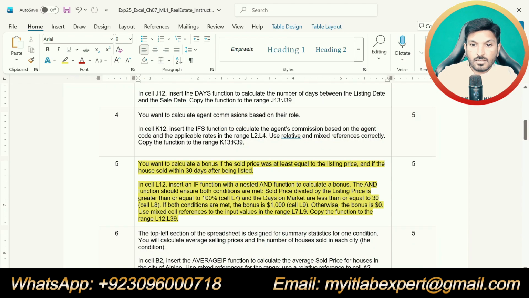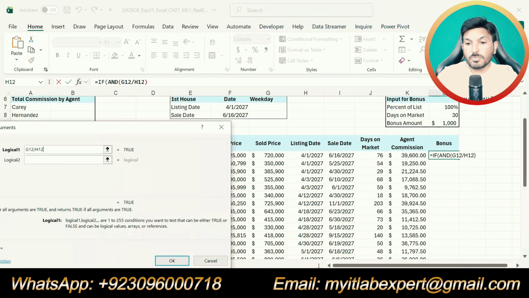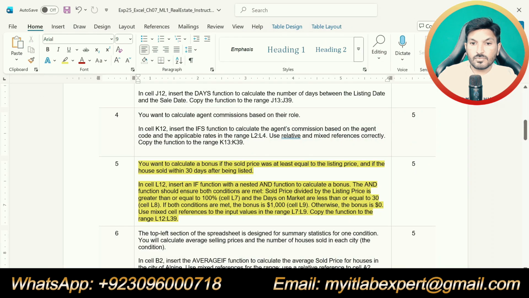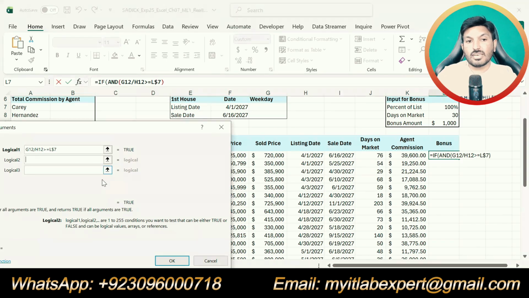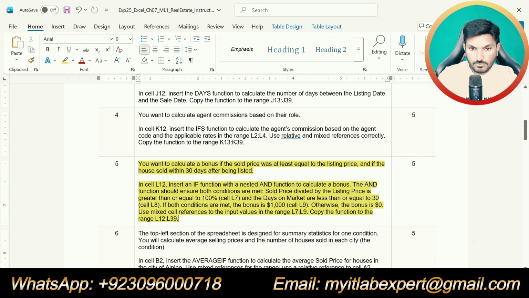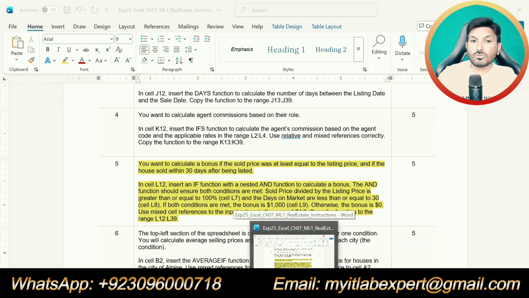Is greater than or equal to 100%, that is cell L7. We are supposed to use mixed references, so we will use the dollar sign here. Now our logical test 2 is also given: days on the market are less than or equal to 30.